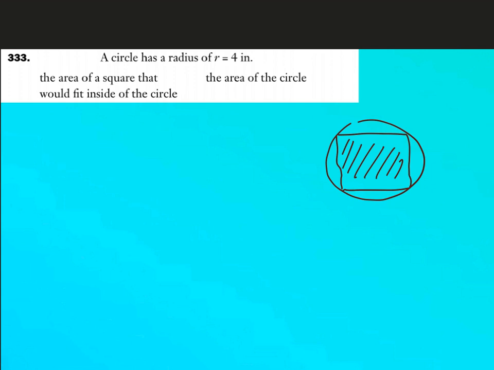Now this is very commonsensical. Square is inside the circle, which means the area of the square has to be less than the circle for sure. There is no calculation involved here. There is no need of any calculations. You can find the area of the square, you can find the area of the circle, but you don't need to. Because clearly the circle will have a greater area than the square because the square is inside the circle. So without any calculations, it's B.